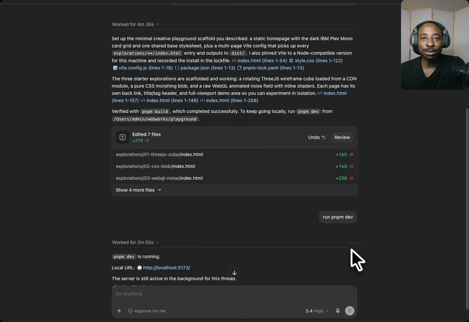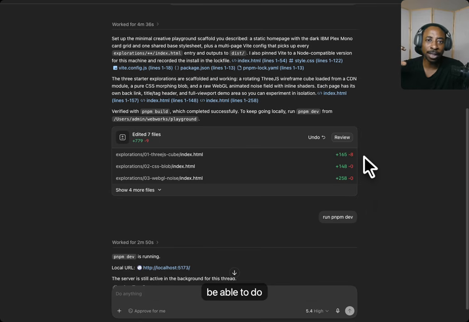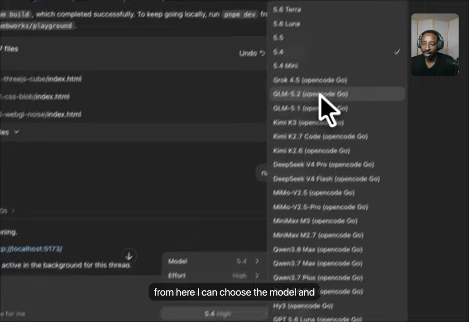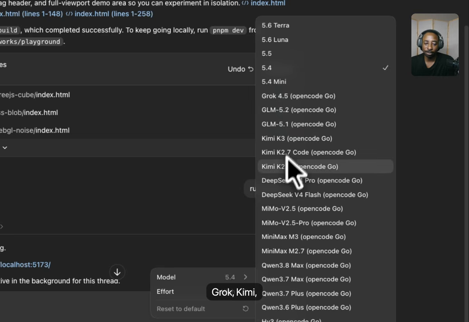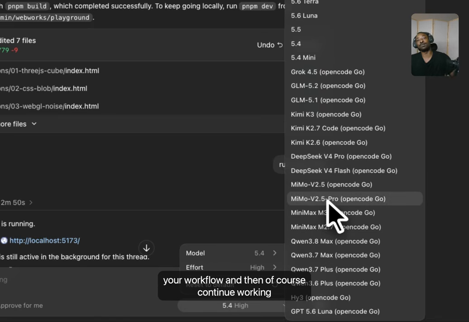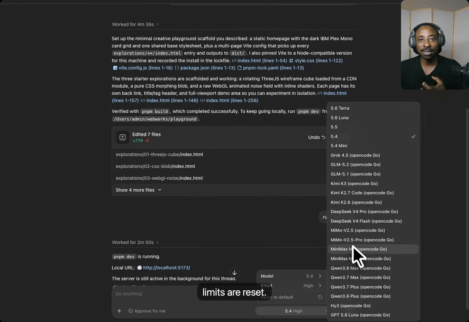Let's jump right into how to set up DeepSeek in your Codex software. You will be able to do this on the Codex desktop app on a MacBook. But before we go in, let me show you that it's actually working. From here, I can choose the model, and I can see not just DeepSeek but every other model: Grok, Kimi, Mimo, Qwen. Then you're able to test this out and use it as part of your workflow, and continue working instead of having to wait till the Codex limits are